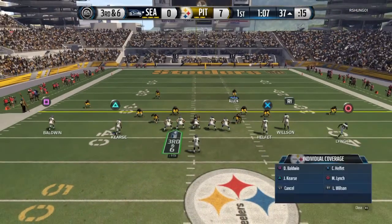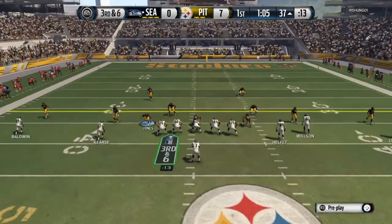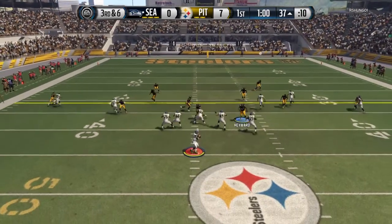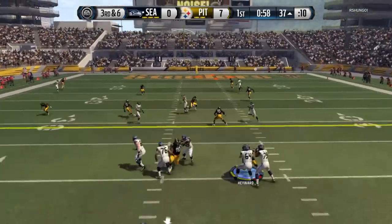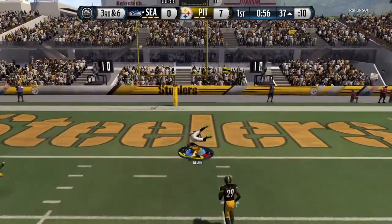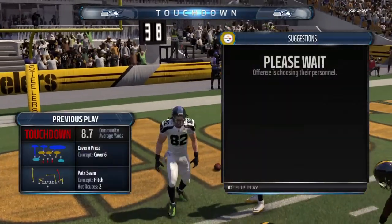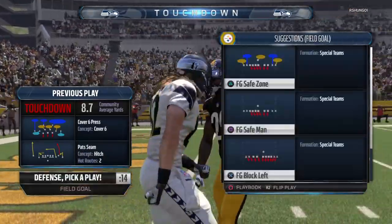Wilson's got 2 tight ends on the field for this snap. Jim, I think this is a blitz. Look how close everybody is to the line of scrimmage. What a catch. Touchdown. And it looks like we'll be going into quarter number 2 with a tie game on